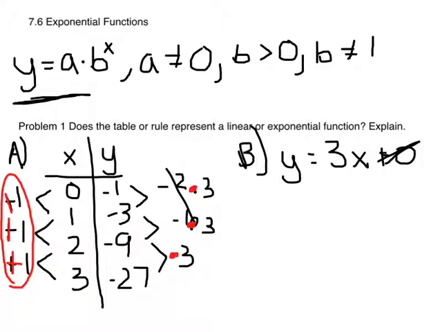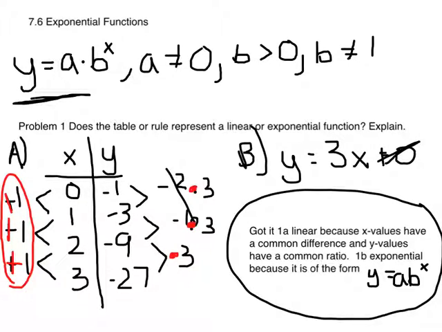Alright, pause the video and go ahead and do Got It 1, A and B. For Got It 1A, you should have gotten exponential, and your reason is because the x values have a common difference and the y values have a common ratio. That just simply means you added the same number to get each x, you multiplied by the same number to get each y. And for 1B, you should have gotten that it's linear, and your reason could simply be because